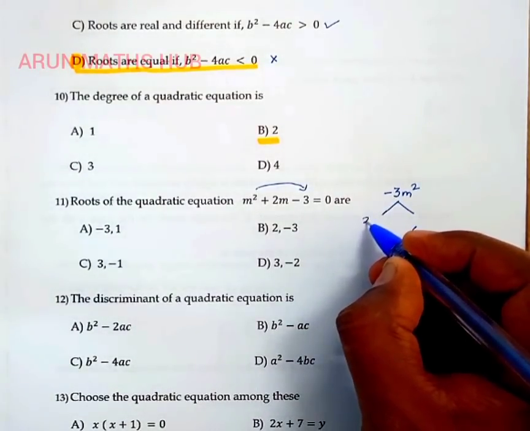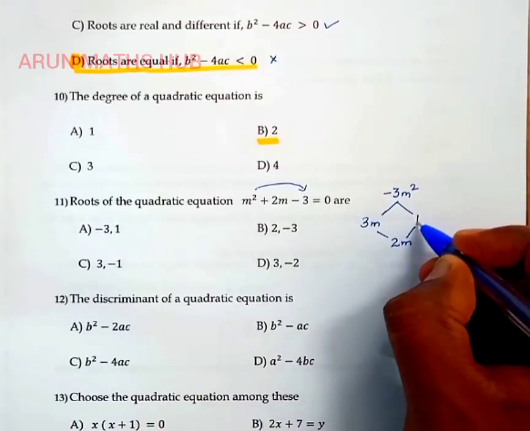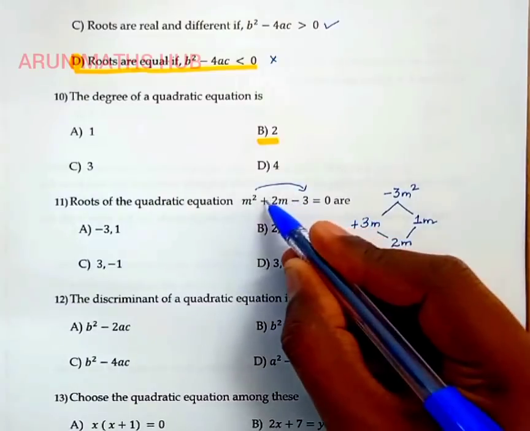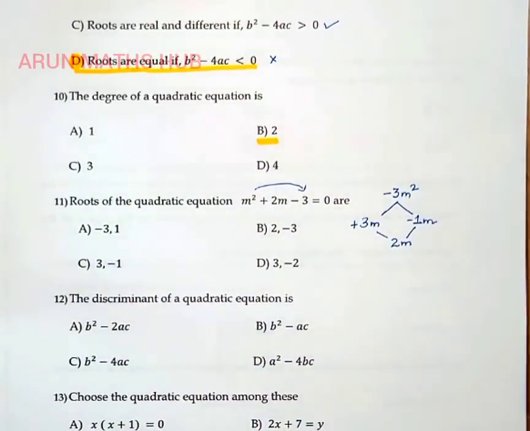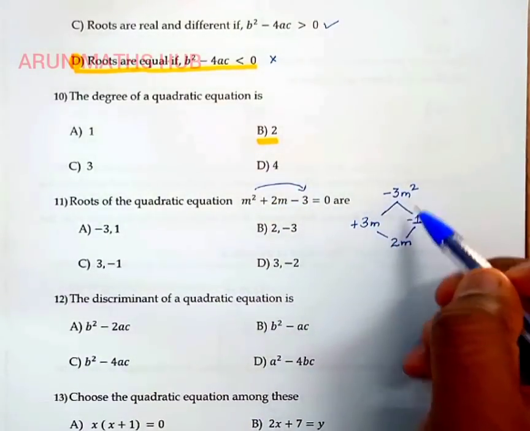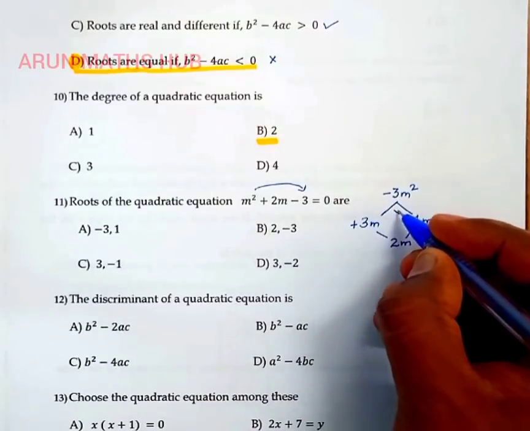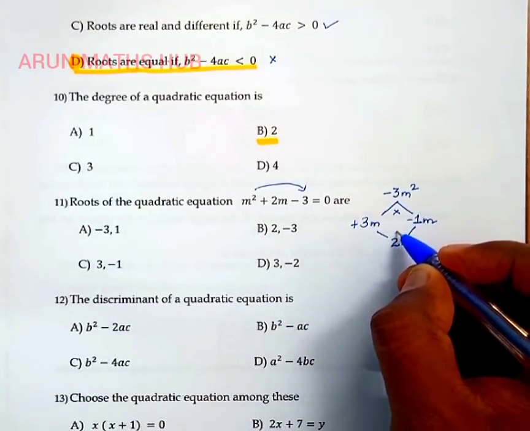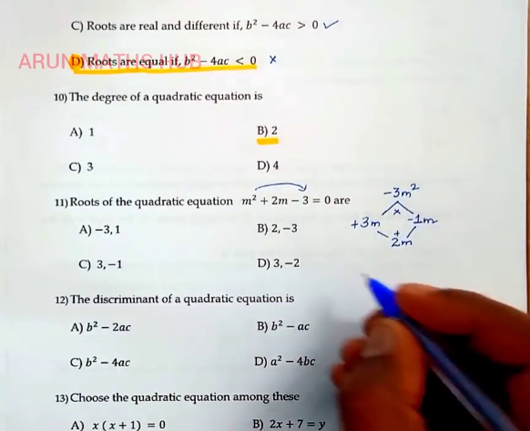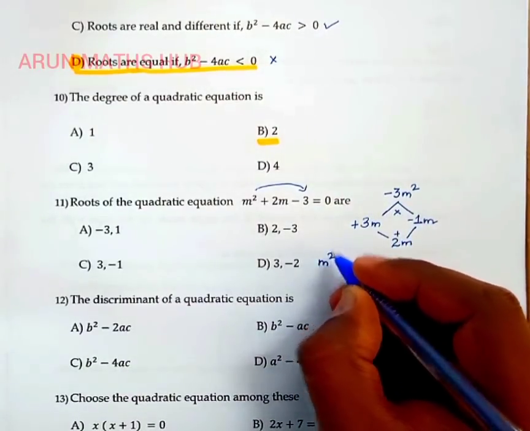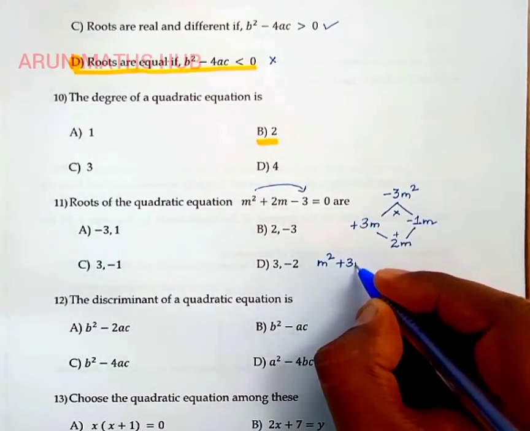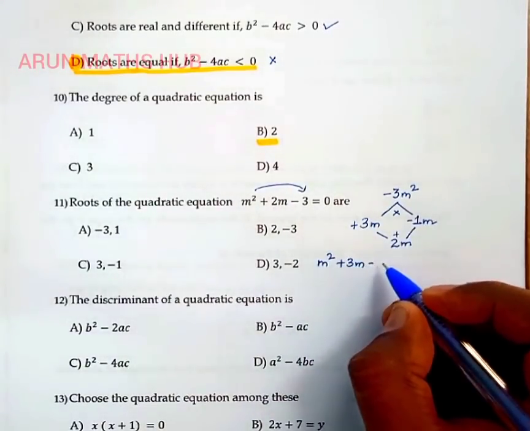The terms are 3m and 1m. The bigger number's sign will be plus and the smaller number's sign will be minus. 3m minus 1m is 2m. 3m into minus 1m is minus 3m square. Now split the middle term as plus 3m minus 1m: m square plus 3m minus 1m